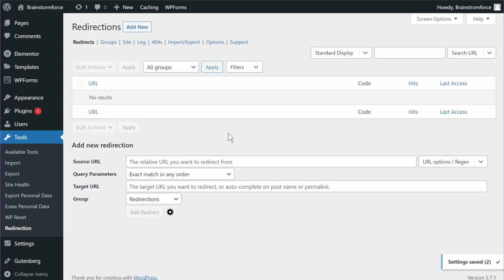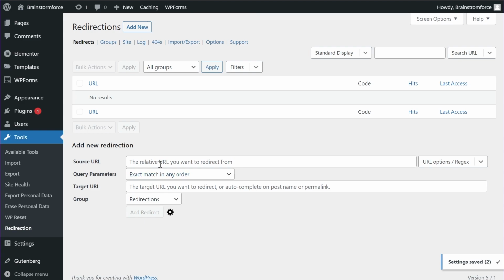So this is the redirections page, or this is the page where you start creating your redirections. And to keep things simple, first I'm going to show you exactly how to create a redirection. You enter the relative URL of the page that you want to redirect, and then you'll just place the target URL that you want to redirect to. For example, I already have created a post on this website. The URL for the post is just post1.